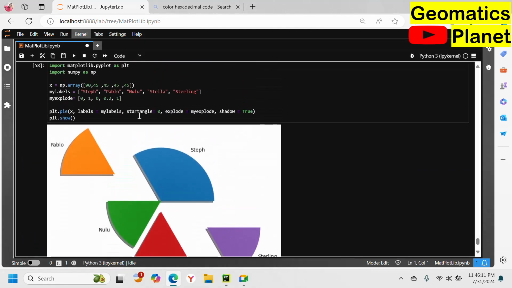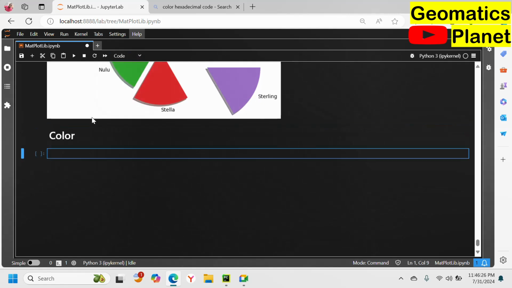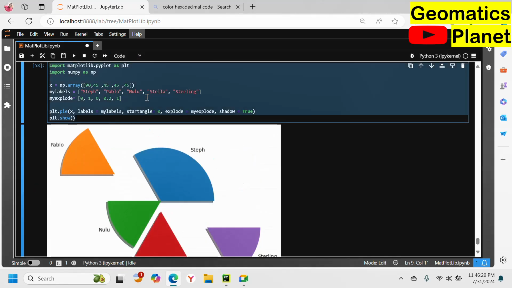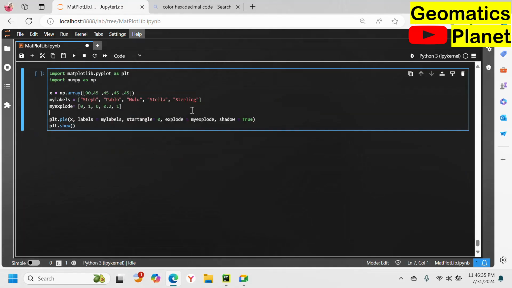I'm also going to copy this color. So let me put a title here and name it color. Now change this down to markdown and then click on this, and I am going to copy the rest of this, return back here and paste it. So in here, up here, I'm going to say my color, for example, is equal to, then I want to pass different colors of my choice to it. So do the same thing, bringing up this, and then you can say, let's say black. So I'm going to have a black,